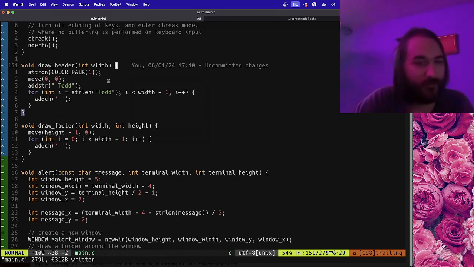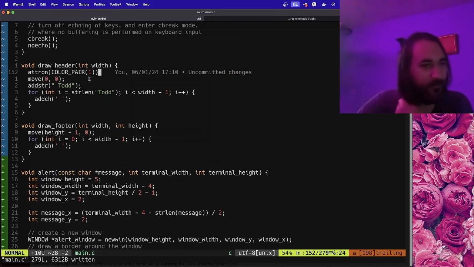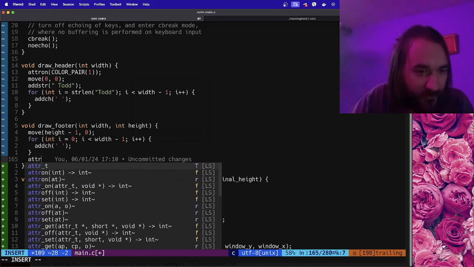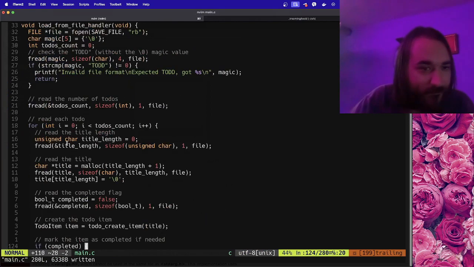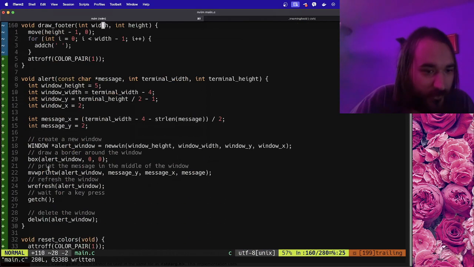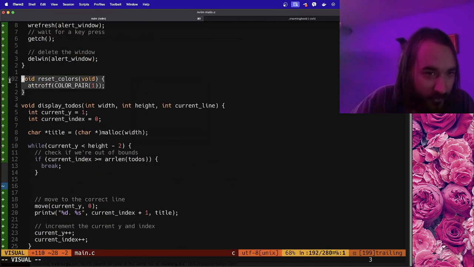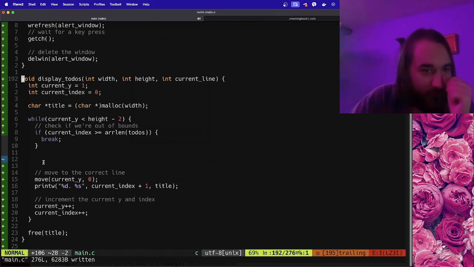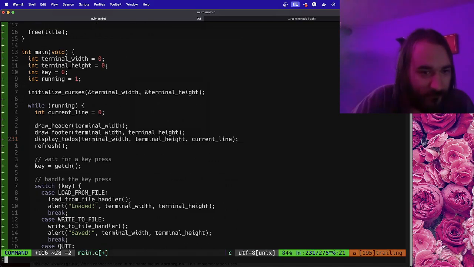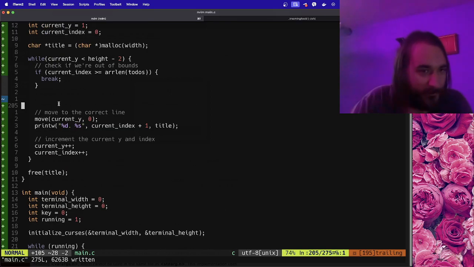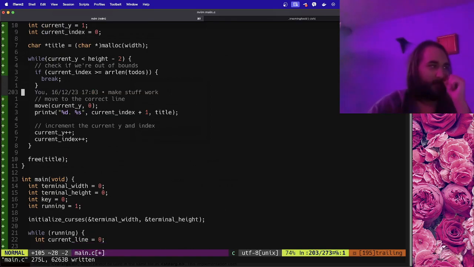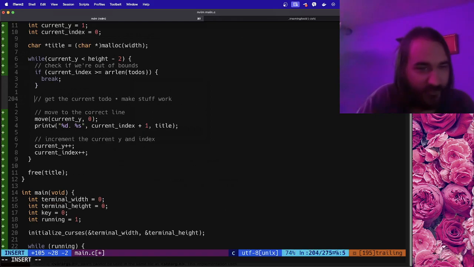Okay, and then after the footer, we can actually just turn off that color pair, and we can completely remove this ridiculous reset colors function, and then introduce what we're gonna do first is